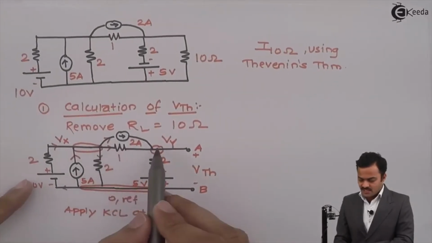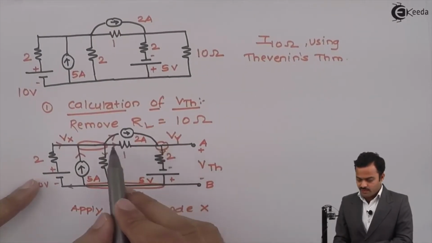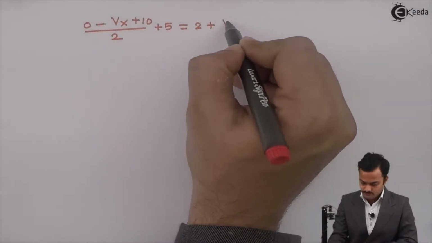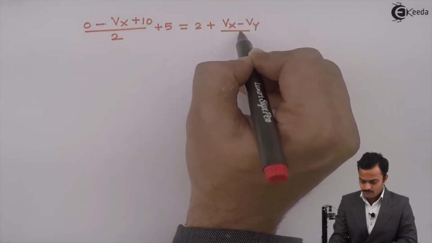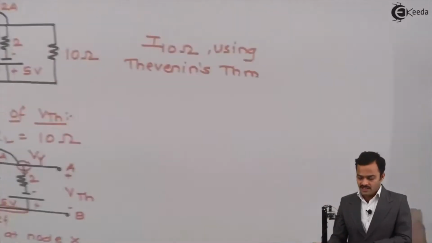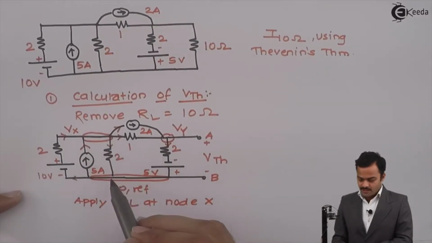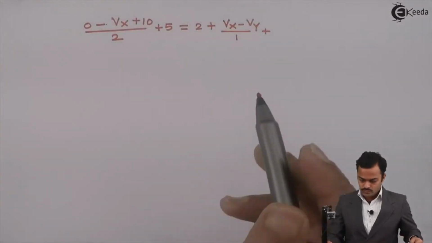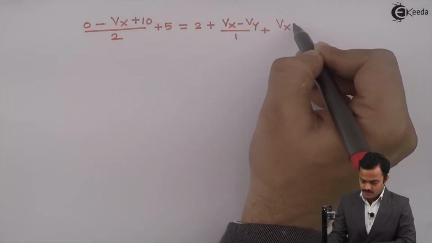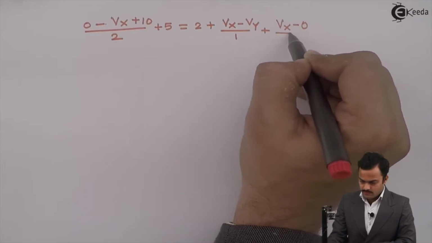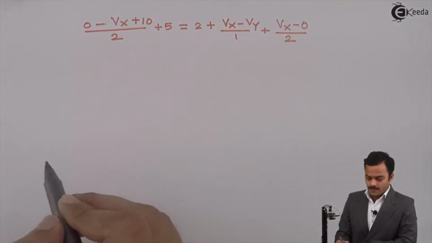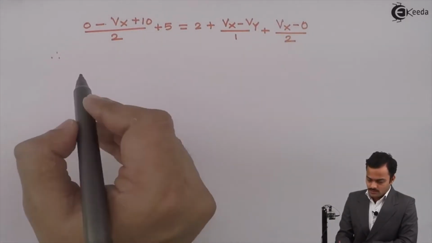Equation for this branch current is Vx minus Vy divided by 1. And third outgoing branch current is this, Vx minus 0 divided by 2. So it's a Vx minus 0 divided by 2. So let's rearrange the terms. So I will get